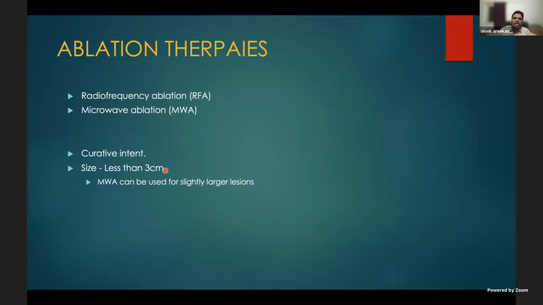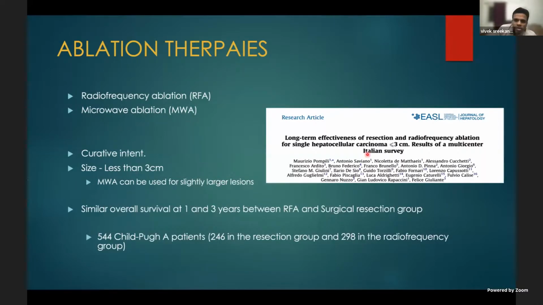Again, these are not exactly the cutoff. What we say is, if it is 3 centimeters, what if the patient comes with a 3.2 centimeter HCC? If the patient comes like that, what the data is showing is microwave ablation can be used for slightly larger lesions up to 4 centimeters. But in all practical experience, we are not using microwave for more than 3.5 centimeter lesions in order to give a curative intent. So in this study,